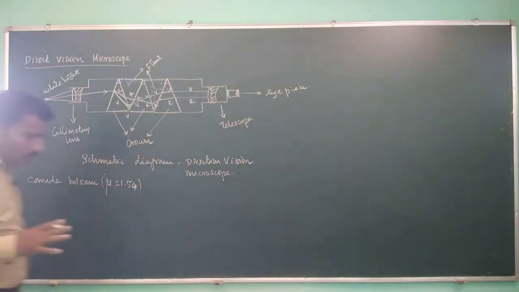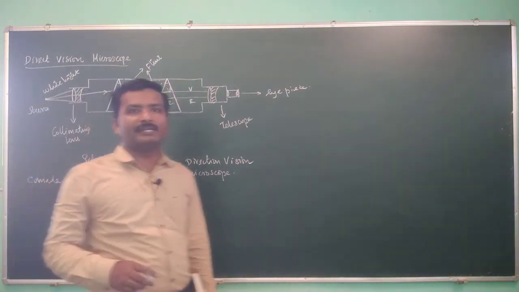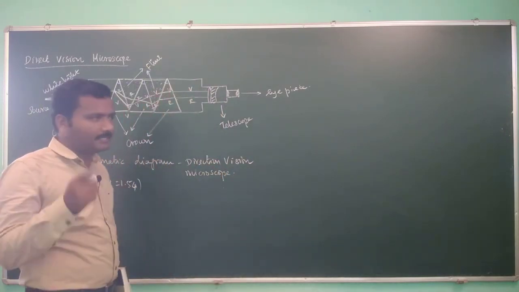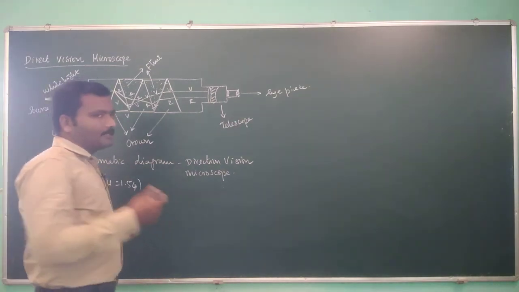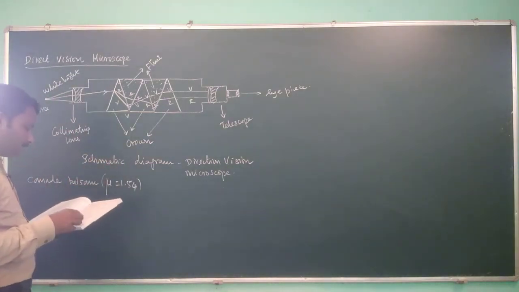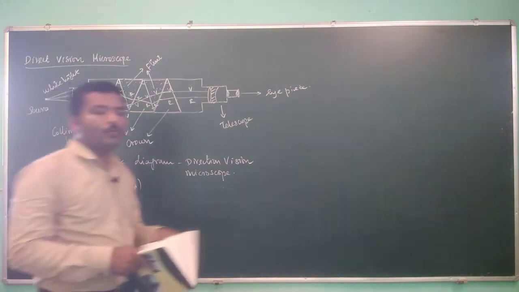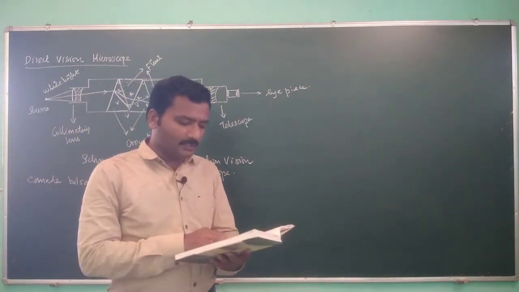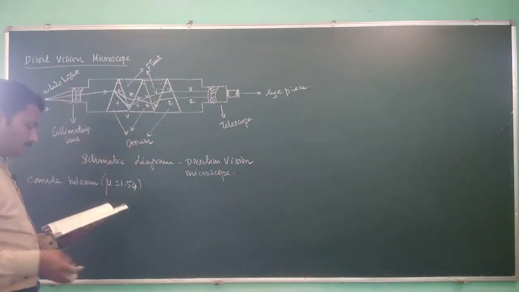Here you cannot quantitatively analyze the spectral lines produced by white light. Rather, you can observe the qualitative features of these colors. You cannot measure the wavelength of the color, but you can analyze the intensity, or how these colors look. The qualitative features of the colors can be analyzed using this direct vision microscope. It works under the concept of dispersion without deviation, right? Here the spectral lines appear parallel to the white light.